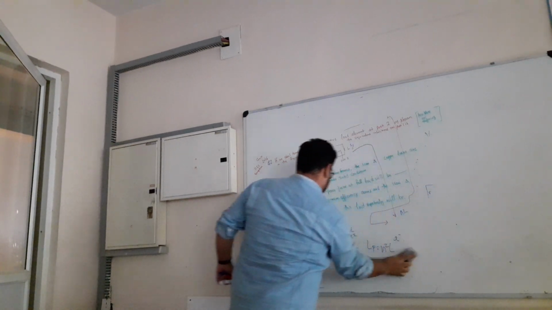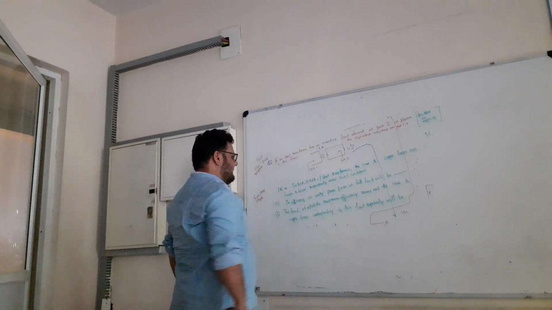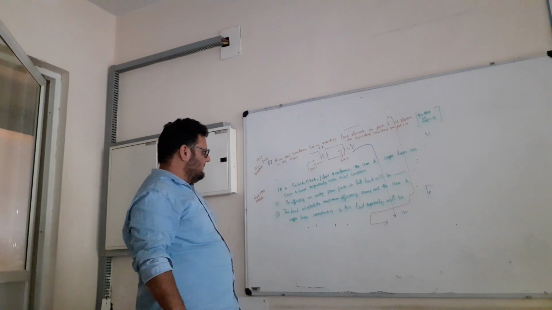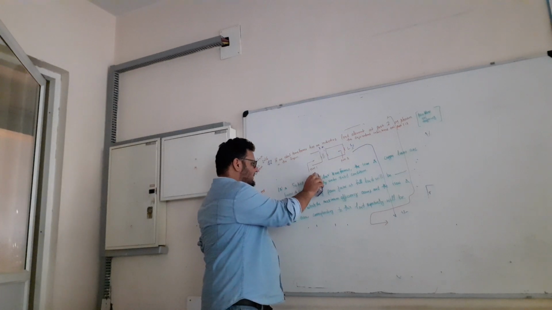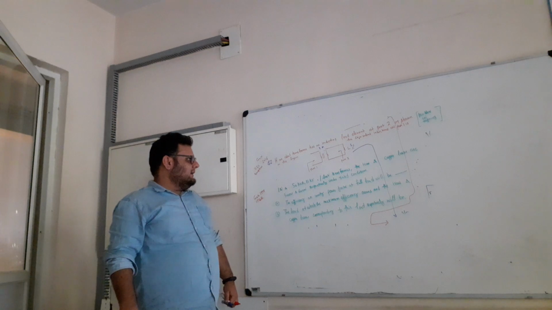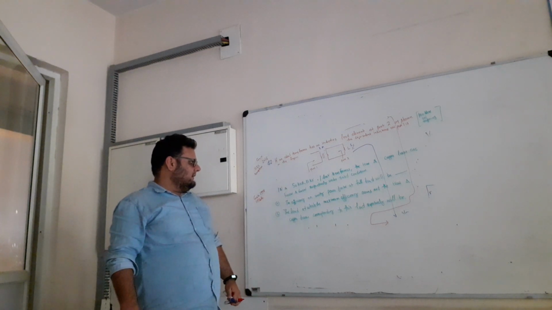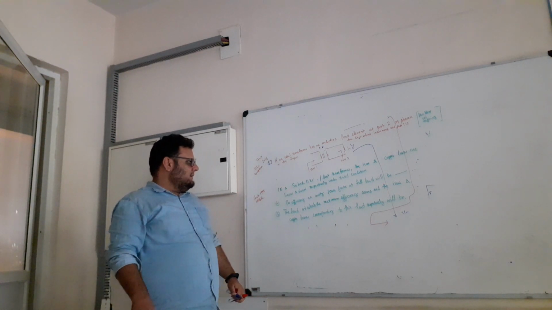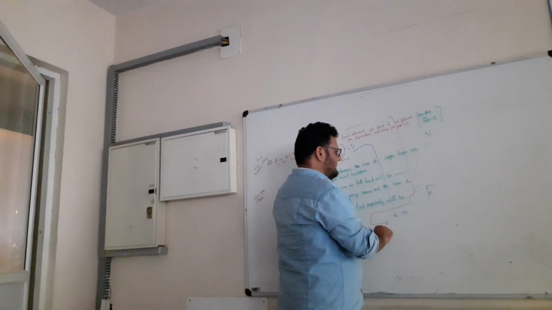So the third question is that we have a 50 kVA, 11 kV by 400 volts transformer. The iron and copper losses are 500 watt and 600 watt respectively under rated condition. The efficiency at unity power factor and full load will be, see, full load is the percentage fraction.